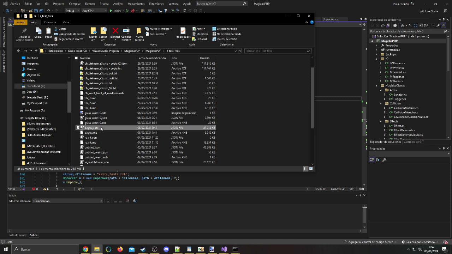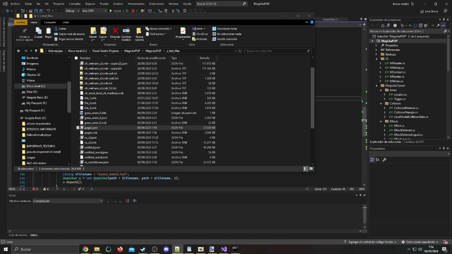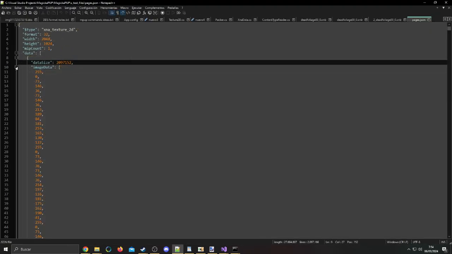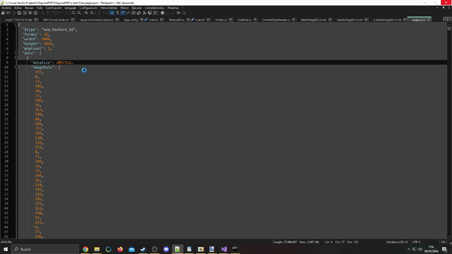on the main menu, this outputs right now a, let me check one thing, sorry. It right now loads up this file right here. So this file right here is a JSON file. It's the basic format with which Magicka works. And this JSON file, which is pretty large for this example actually, contains a list of data with every single MIP map generated for this specific texture, right? So with this we could work